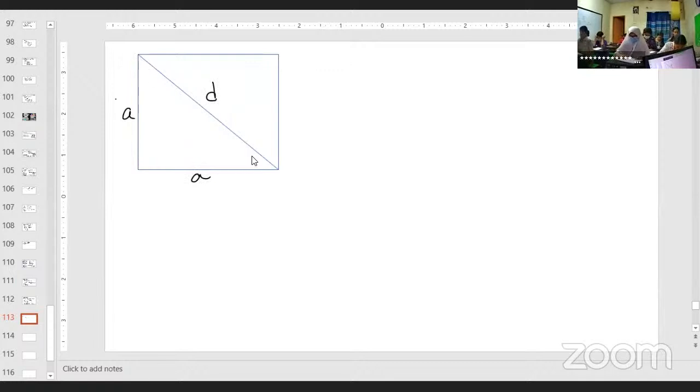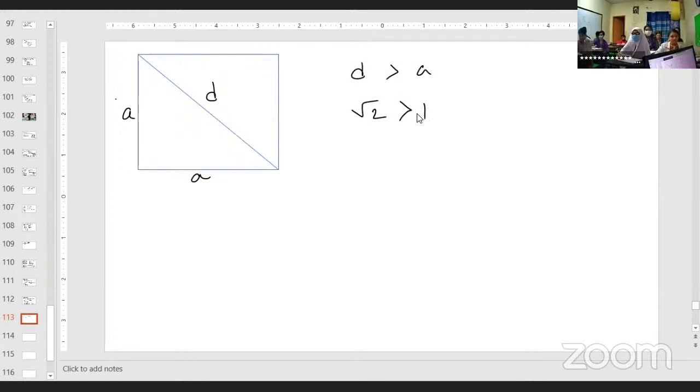So the diagonal must be greater than, the length of the diagonal must be greater than the sides, because the hypotenuse is the greatest side of the right triangle, as the right angle is the greatest angle in a triangle, right? We have logics why the hypotenuse, this diagonal is the diagonal for the square, but the hypotenuse for this triangle, right? So the diagonal must be greater than a, and root 2 is greater than 1, so